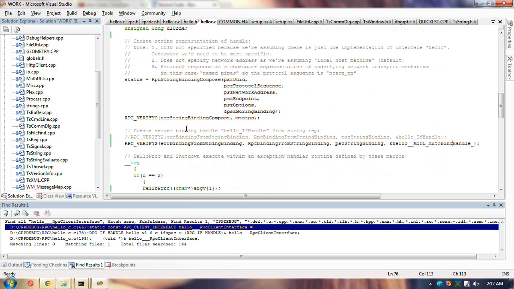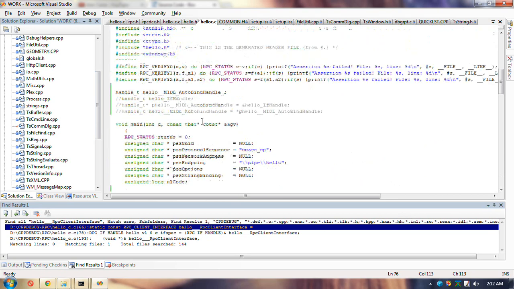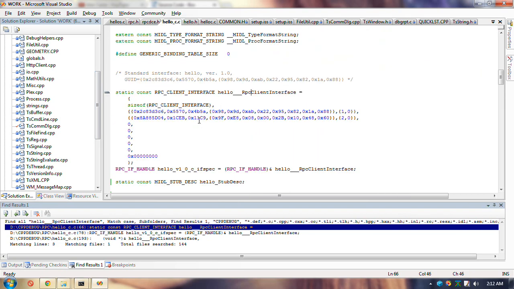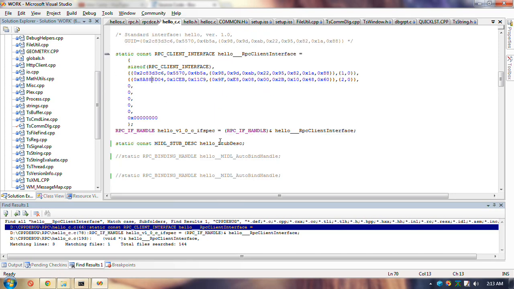It's not like a void star. It's a specific type of structure, right? This thing is the address of this, which has the size of itself, the identifier for the hello interface, and this other UUID. I don't know what that is.